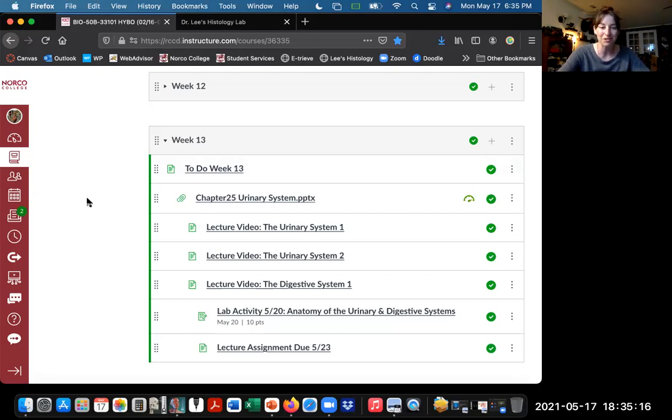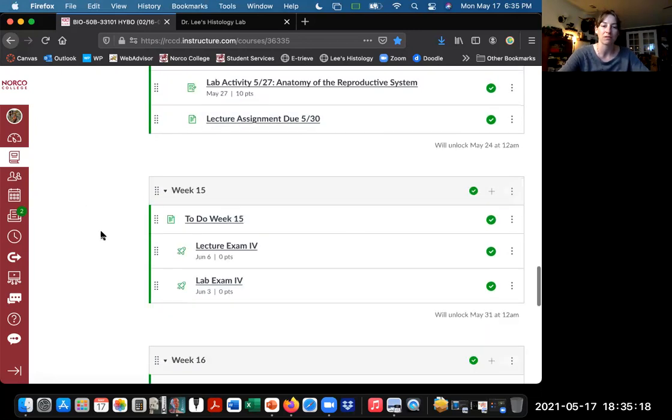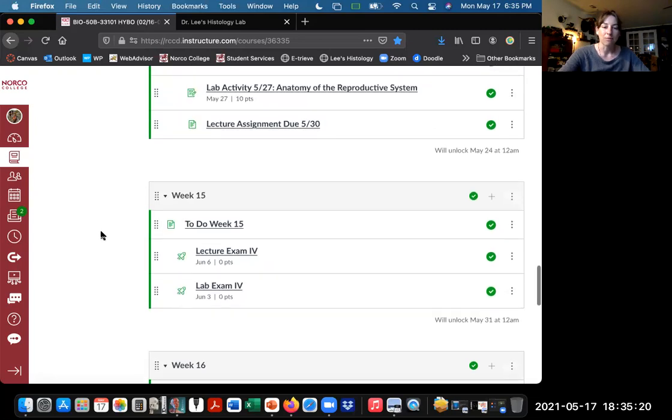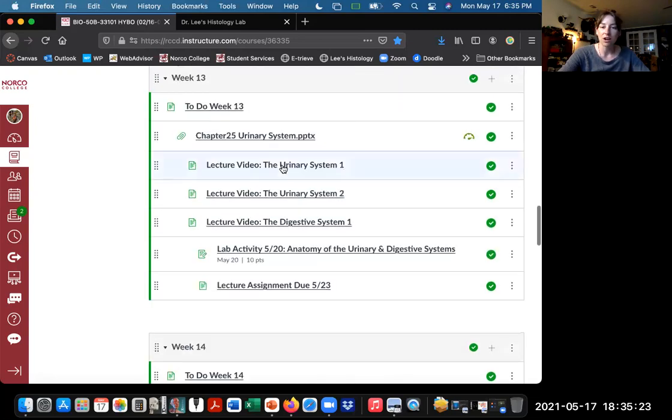We are almost there. We literally have like 3 more weeks and we're done. This week, we're going to talk about chapter 25, which is the urinary system. And then we're going to start on chapter 23, which is the digestive system. This week's lab, we're going to be looking at slides and then also some little kidneys for dissection, which is